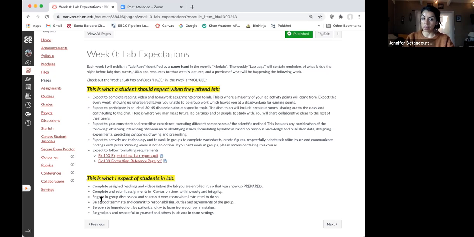So what is a good teammate? A good teammate doesn't mean you have to do all the work all the time. Sometimes you have a natural leadership role. Take that leadership role. What that means is delegate responsibilities. That does not mean do everything yourself. And if you are the non-leadery type of teammate, that's okay too, but you need to honor the responsibilities that